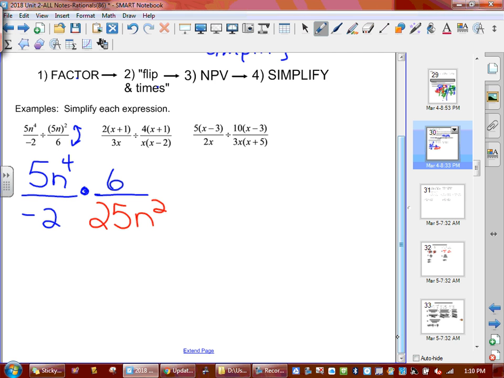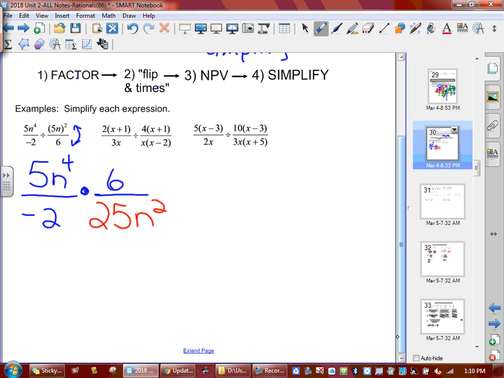Non-permissibles. So, when we do non-permissibles for dividing, the rule is this. The only thing you don't look at is the top left. You cover the top left. And the reason is this. When you look at it as a dividing situation, we have the 6 on the bottom. We will eventually flip it and the 6 will be on top. So because the right-hand side was flipped, you need to use the entire right-hand side. And then you only use the bottom left. So that's why I say you cover up the top left and then you use non-permissibles from the other 3